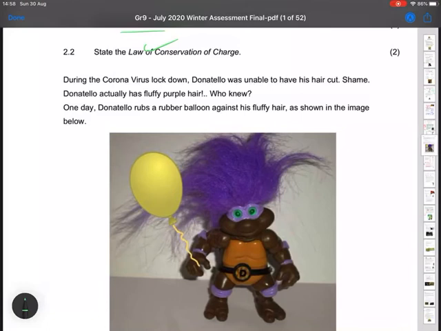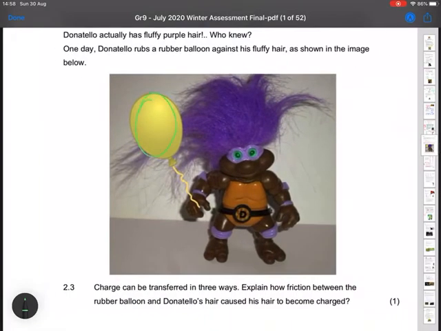During the coronavirus lockdown, Donatello was able to have his hair cut. Shame. Oh, he wasn't able. He was unable to have his hair cut. Shame. Donatello actually has fluffy purple hair. Who knew? One day, Donatello rubs a rubber balloon against his fluffy hair as shown in the image below. So there's the balloon, and he rubs the balloon forwards and backwards